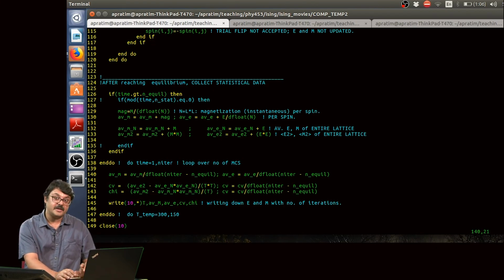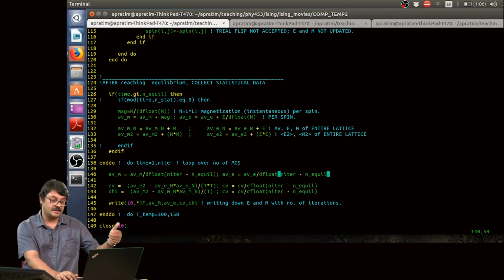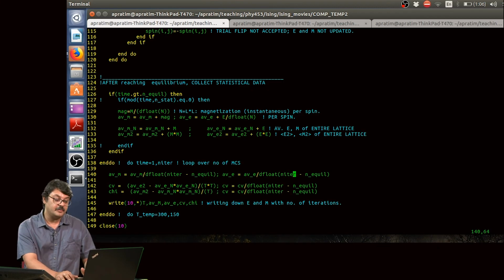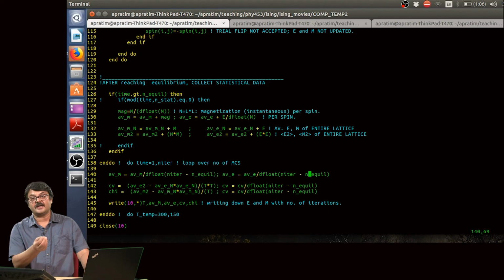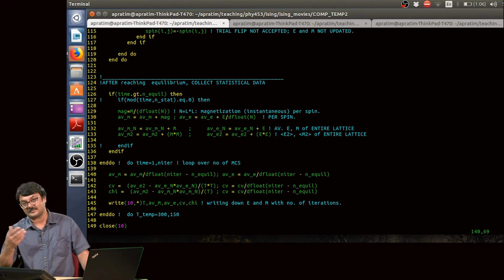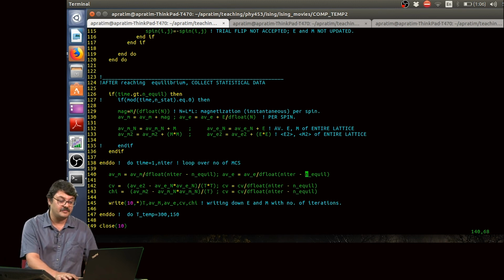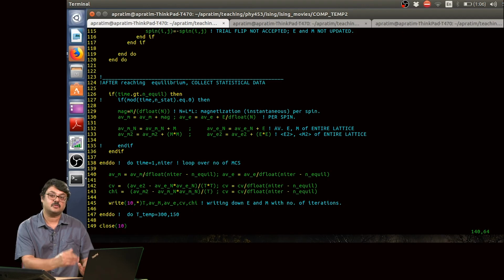When we calculate the average magnetization or the average energy of the system, because we are adding over different Monte Carlo steps, we suitably divide by niter minus n equal. If we are collecting data every Monte Carlo step as the system accesses different microstates, then we should divide by the number of microstates over which we have collected data.